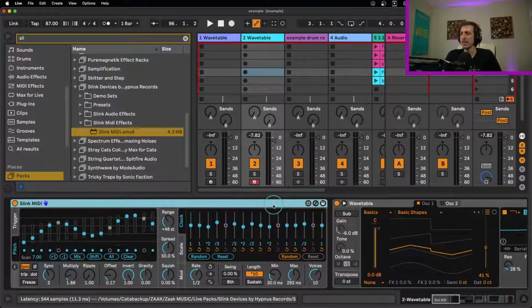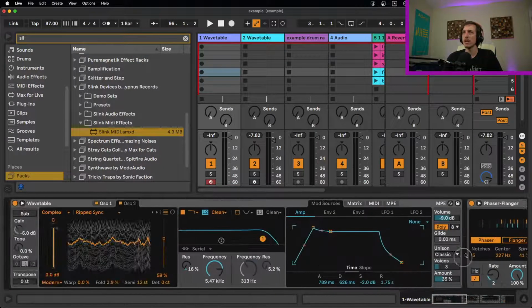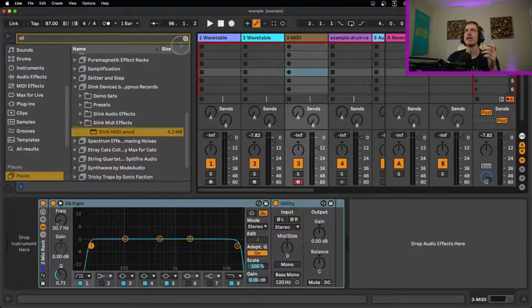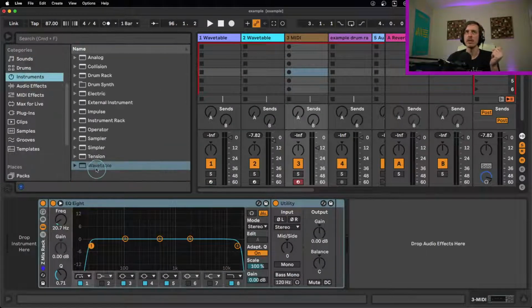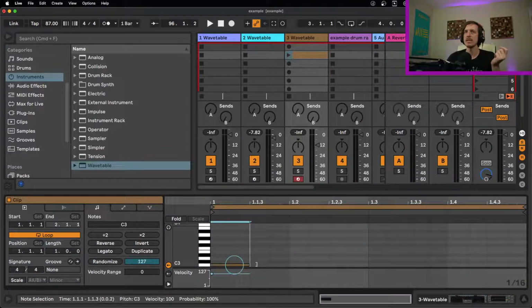DG is asking, can Ableton slide glide between MIDI notes on the piano roll? Only if you are doing MPE. Actually, there's two ways to do it. One way does not involve MPE, one way does. So if you want to do slide or glide, a lot of synthesizers will have that built into it. So you can just do that on the synthesizer itself. If the synth or instrument you're using doesn't have that, if you go in and you